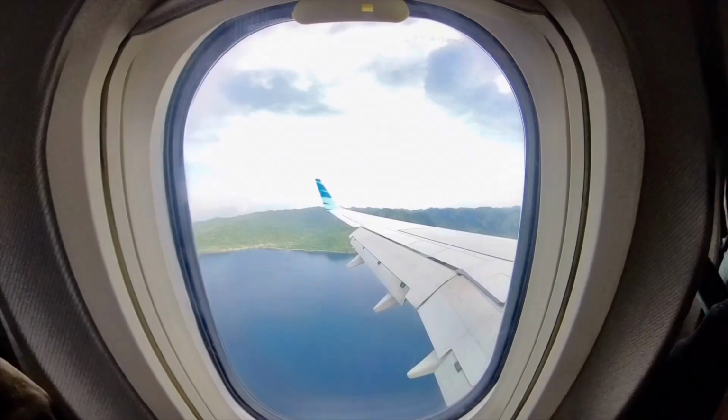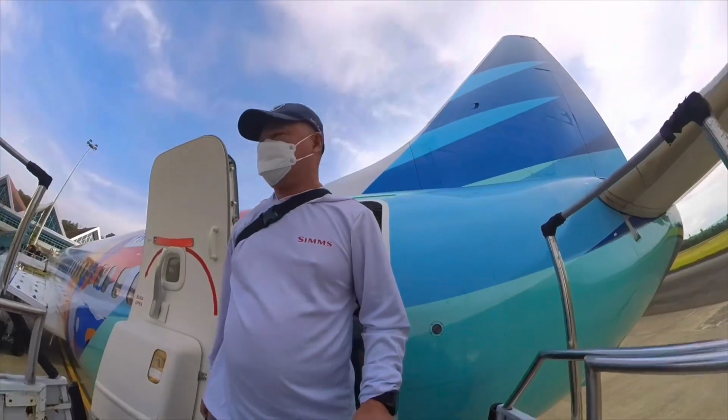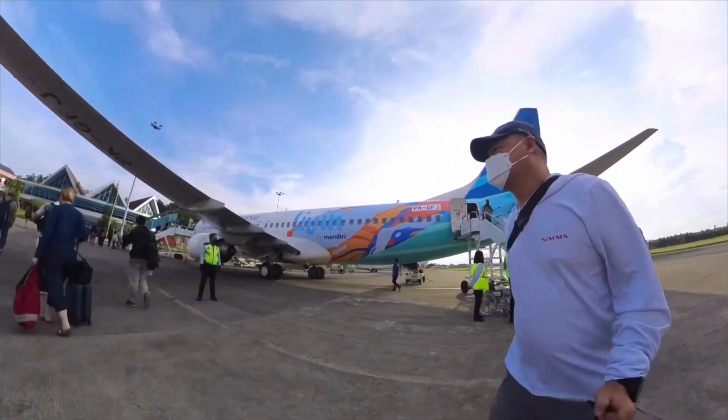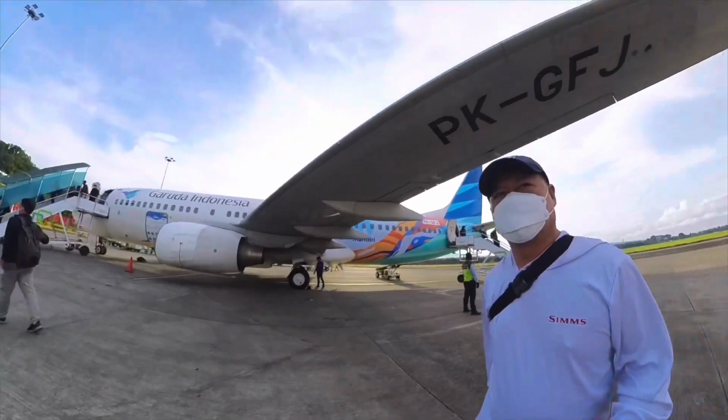Ladies and gentlemen, we have just landed at Patimura Airport. Welcome to Ambon. Please remain seated until we have reached our final boarding position and the fasten seatbelt sign is off. For this parking, please make sure to change all your...